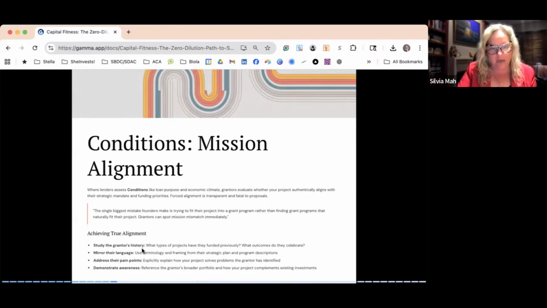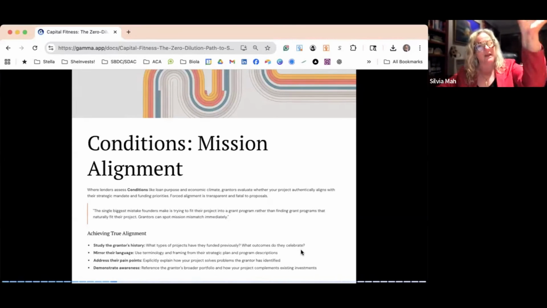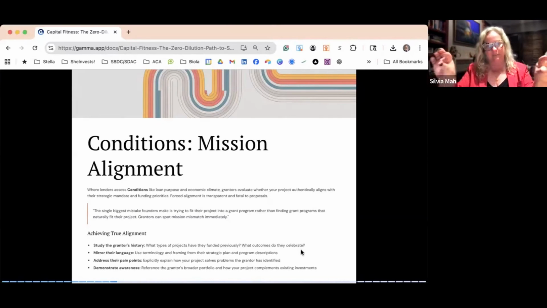Mirror their language. Use terminology and framing from their strategic plan and program description. So you can get the RFP, you can get their website, and usually they have some kind of public-facing information. Go into that and get that verbiage. What I like to do in my grant writing is that whenever I have a statement that really aligns to what they're asking for, I bold it. I bold it or I underline it. So if you're skimming a document, you see the things that are like,